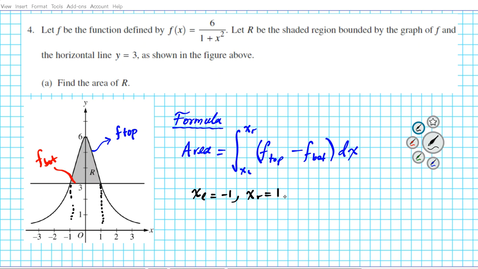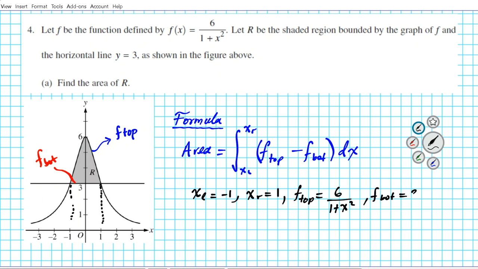And then our top function f top is going to be the rational function, which is 6 over 1 plus x squared,